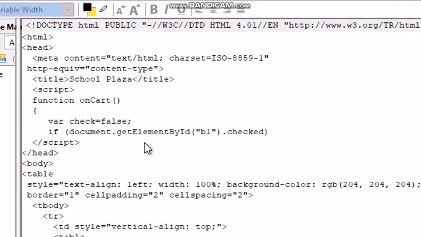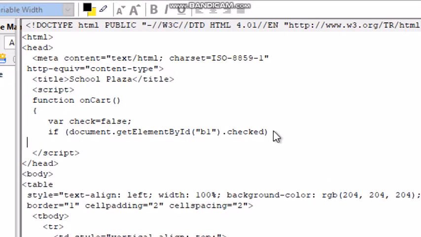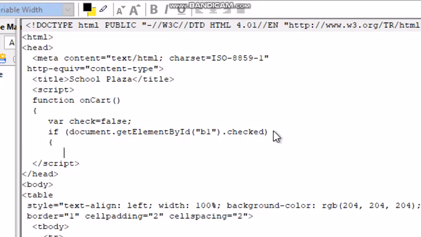Here E, B and I should be written in capital letters. It means if first bag, that is black and grey school bag, is checked, that is selected, then check equals to true. So this is starting of if statement. Check variable I will put as true.